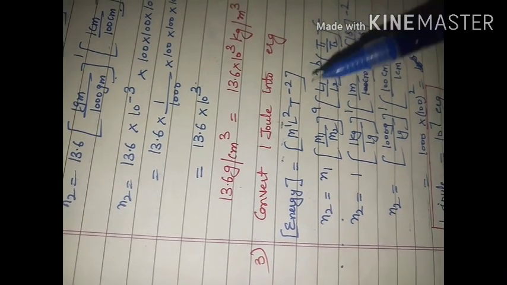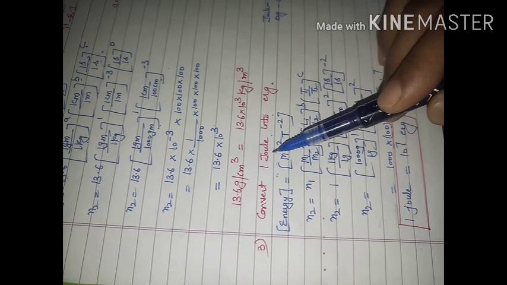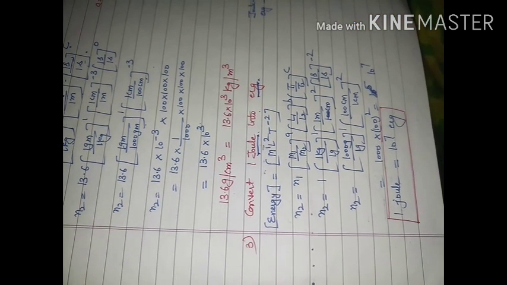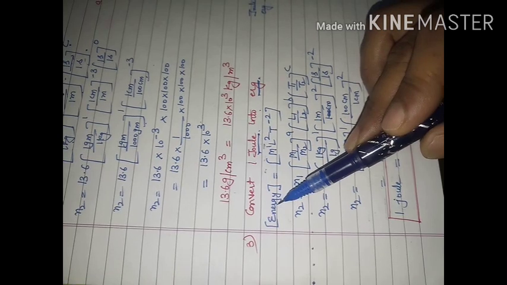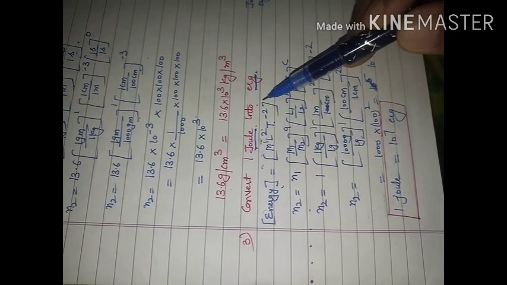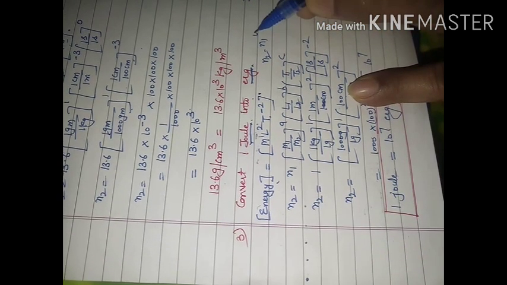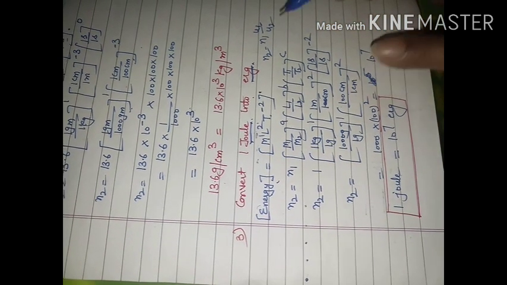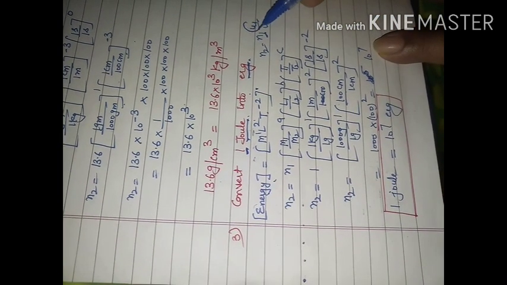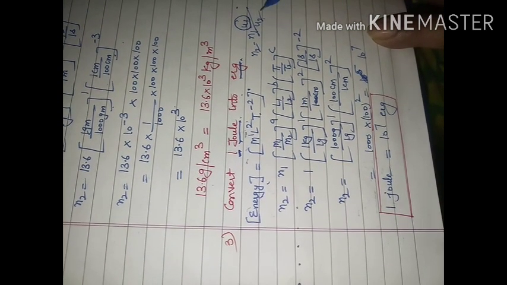One more numerical. Convert 1 joule into erg. This joule and this erg, both are going to be units to measure energy. So physical quantity we know, this is energy, and dimensional formula for energy is M1 L2 T -2. Use formula N2 is equal to N1 U1 divided by U2. What is N1 given to us? N1 will be equal to 1. U1 we will consider size in SI system. U2 we will consider in CGS system.